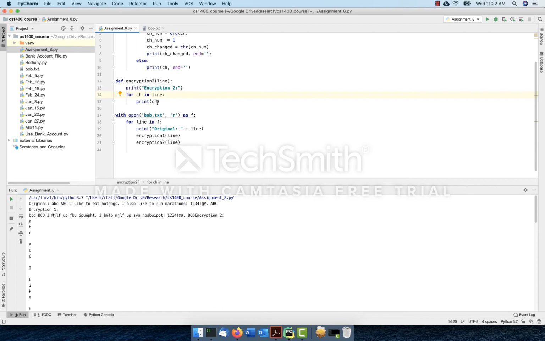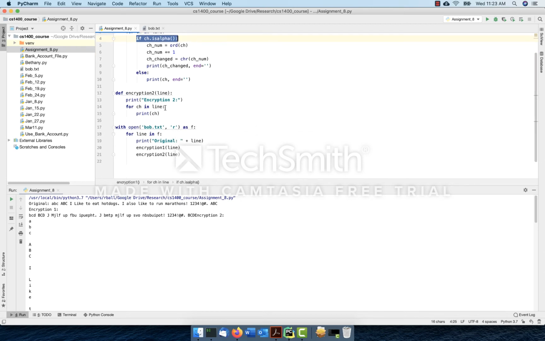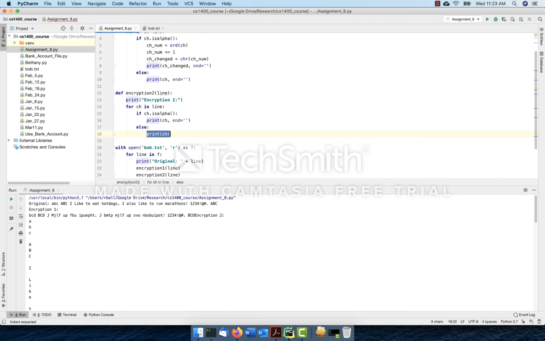All right, so encryption number 2, if it's a letter, so I'll just grab this right here. If it is in fact a letter, then we want to go ahead and we'll just print out ch, and we'll have end equals nothing, just like here. And if it's not, so if it's anything else, then we will just go like that. And we should, because of how this works, since we haven't changed anything at all, it should be the original again. And look,